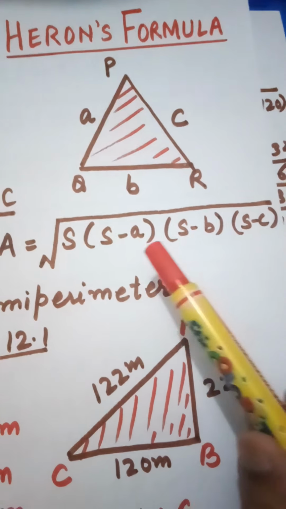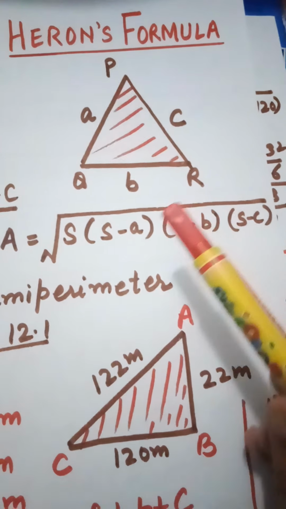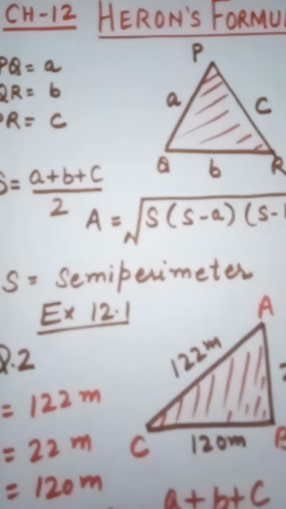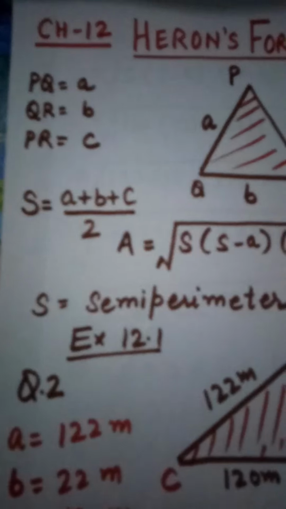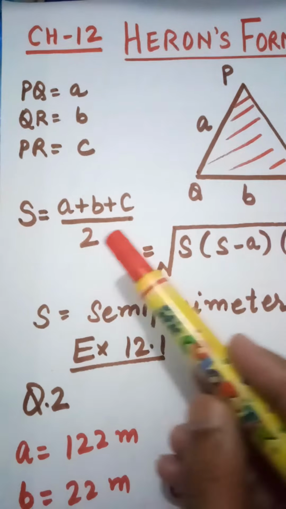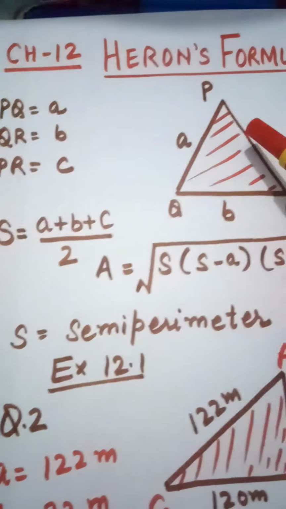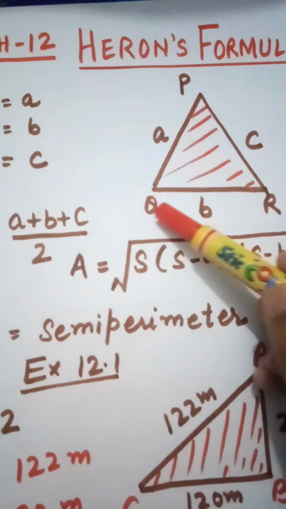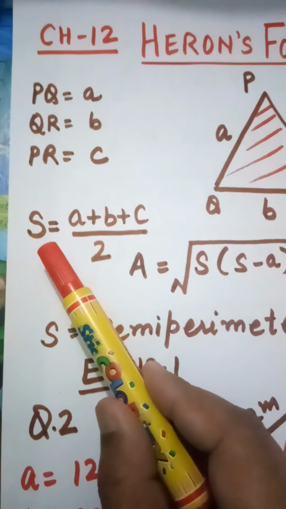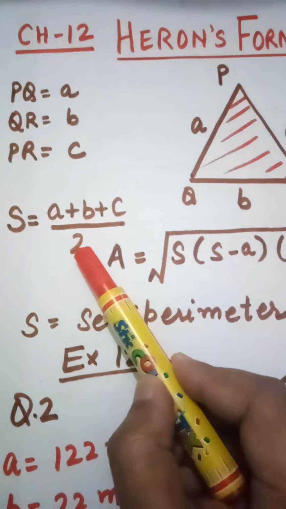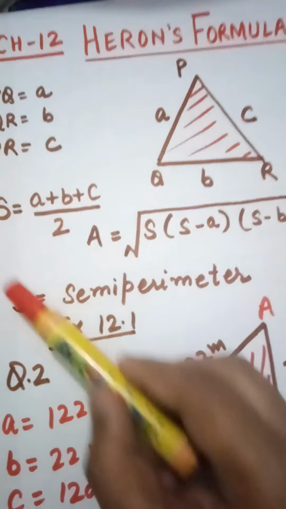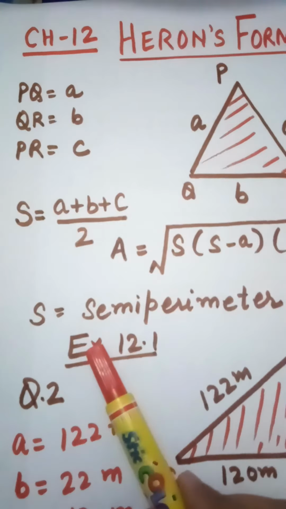Remember, the notations small a, small b and small c are the three sides, and S denotes the semi perimeter. What does semi perimeter mean? Semi perimeter means half of the perimeter. If your triangle has three sides a, b, c, then the perimeter of the triangle is nothing but the outside boundary, this side plus this side plus this side. That means a plus b plus c. So semi perimeter means S equal to (a plus b plus c) upon 2. After that, children, once you know the meaning of these notations, you can move ahead with the exercise.